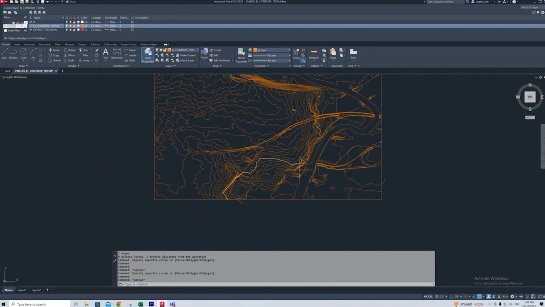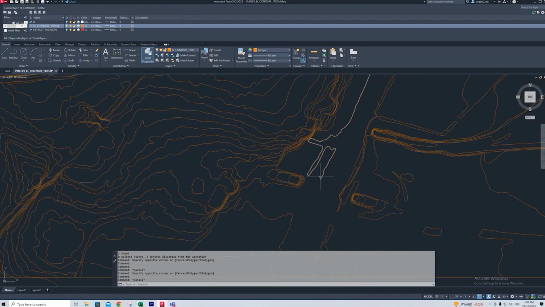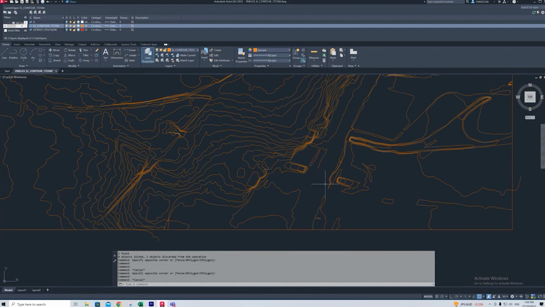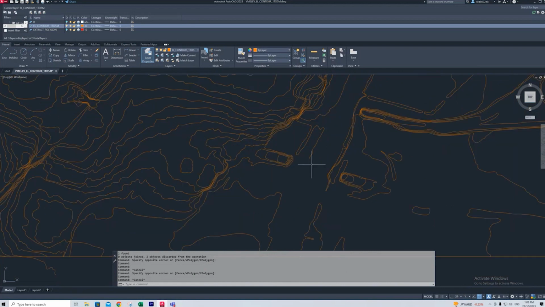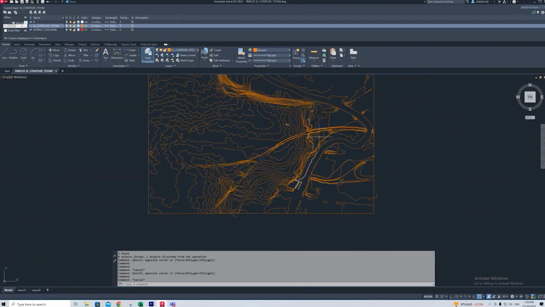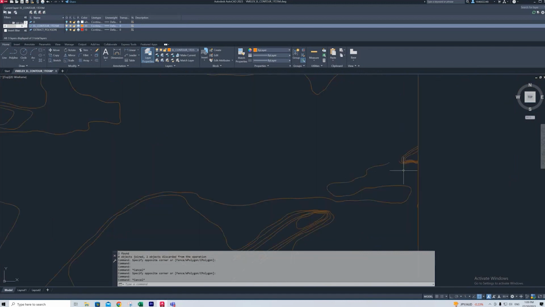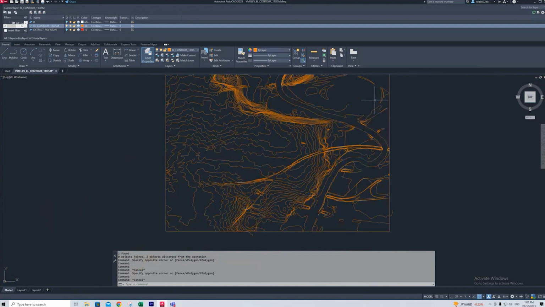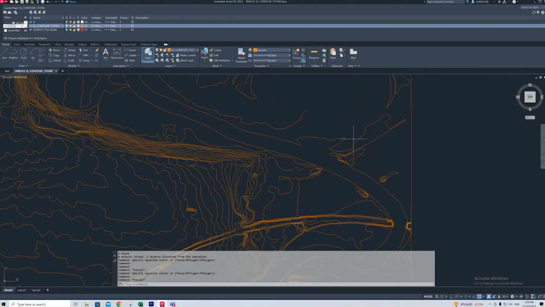Another issue with this data is some lines just come to a dead end, which contours, you can't have a contour that doesn't loop on itself. Like it can't come to a dead end. That doesn't make sense. So for example, there's 2 here, there's 1 here. I'm sure there's plenty more. Look, there's 1 here. Some of these could have been an error with my trimming and deleting because I did do it rather quickly. But when I was paying close attention to the first time I did this, there's definitely